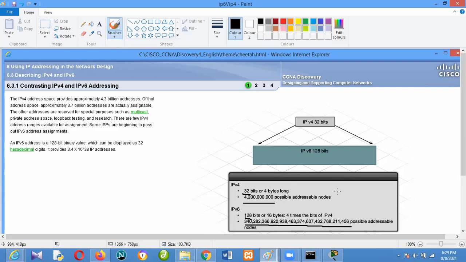Now, if you compare the size, someone was saying that the size of IPv4 is like a spoon of salt, whereas IPv6 is as large as Jupiter. You know that Jupiter is far bigger than Earth. You can imagine the size of a spoon of salt and IPv6. So it is not possible to exhaust IPv6, from what I'm looking at.